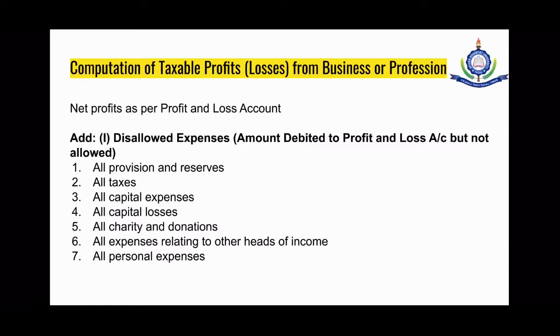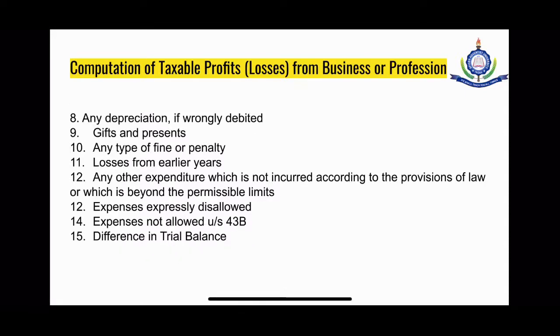There are 15 items under them. The first is all provision and reserves, all taxes, all capital expenses, all capital losses, all charity and donations, all expenses relating to other heads of income, all personal expenses, any depreciation if wrongly debited, gifts and presents, any type